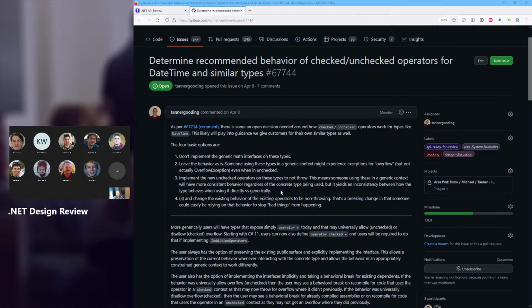I think somebody who's on new .NETs and wants it to do truncating or saturating can call the generic math, or if we expose it directly on the type, they can call it directly. Anybody who's written code that depends on it throwing is massively screwed by that change, and I don't see any way that it would ever be considered worth it. Okay. That's my opinion. I would love somebody else to speak, but